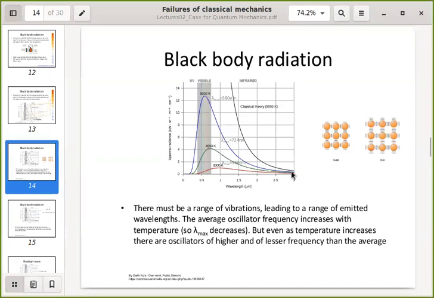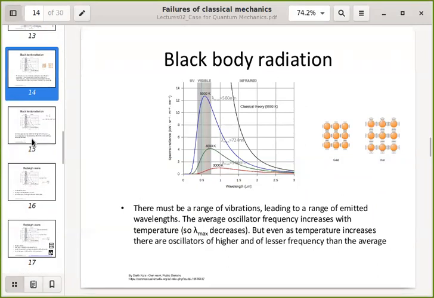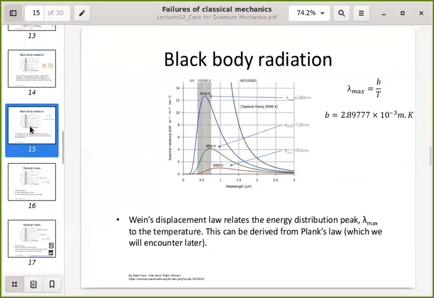So even at very high temperatures, there is low frequency coming off, meaning that there must be some atoms within the solid that are not moving at the high frequency, even though the temperature is so high. There are some interesting laws around this that don't really relate to quantum mechanics, but they're interesting in describing